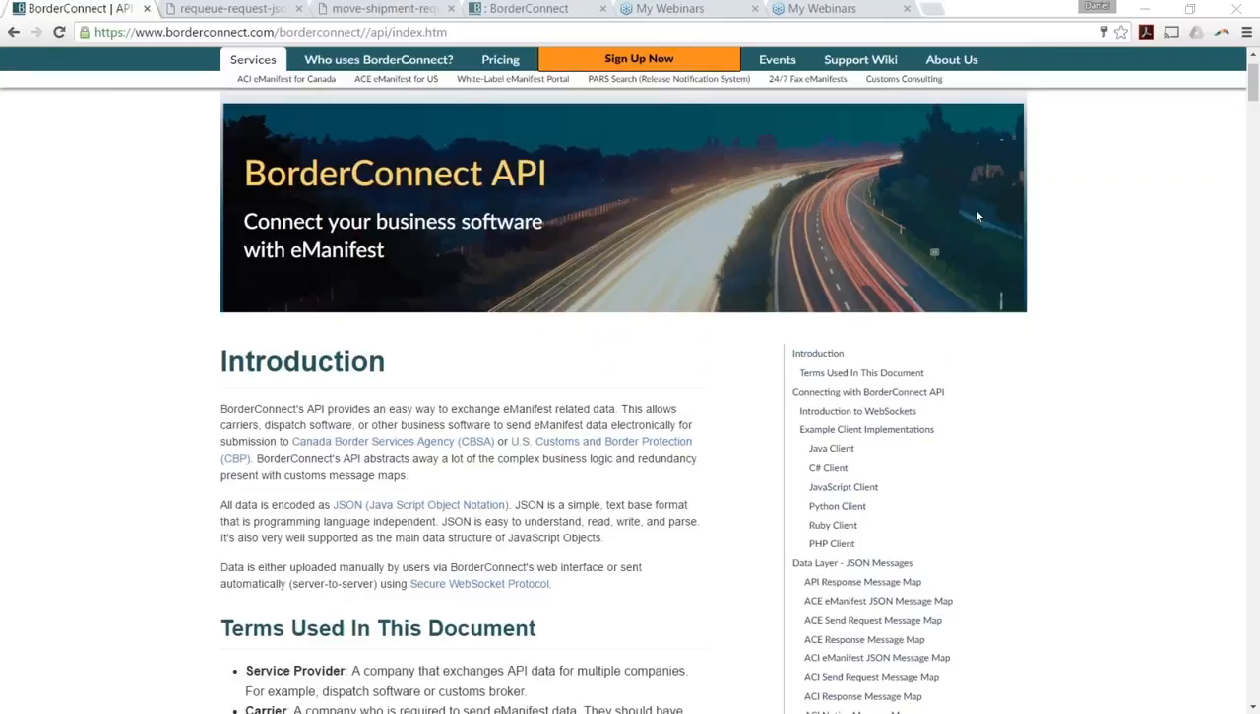The next question, so how do you connect to BorderConnect's API? So BorderConnect chose to use WebSockets as our connectivity method. We evaluated many different technologies. Essentially, if you're not familiar with WebSockets, what it does is open a persistent two-way connection between our server and the client. And in this case, the client is typically servers used by your dispatch software or by the third-party provider. The advantage of WebSockets is that it's immediate